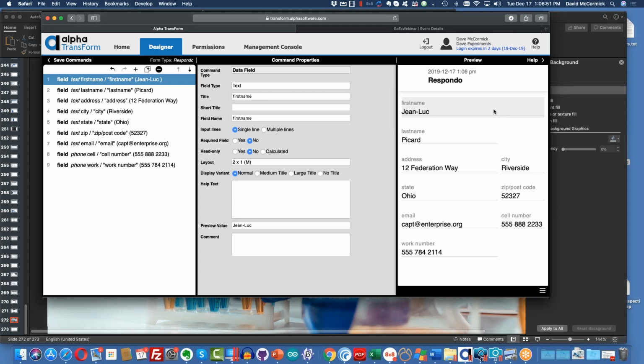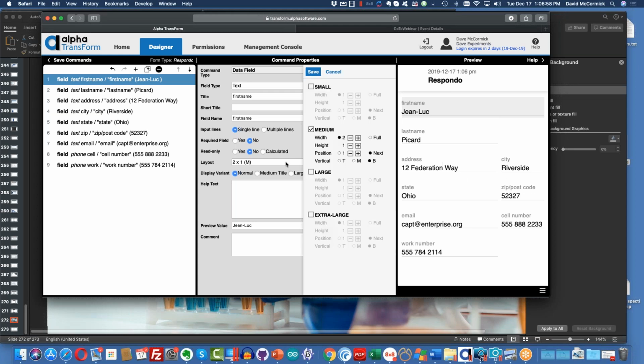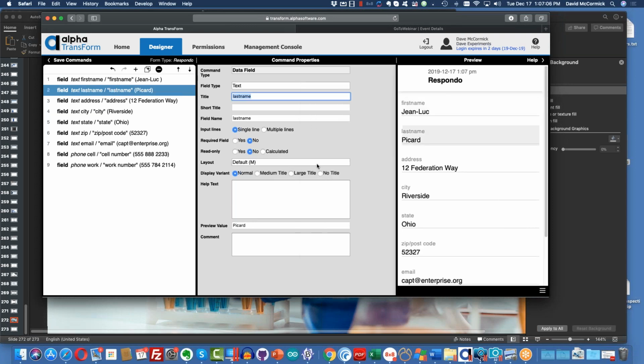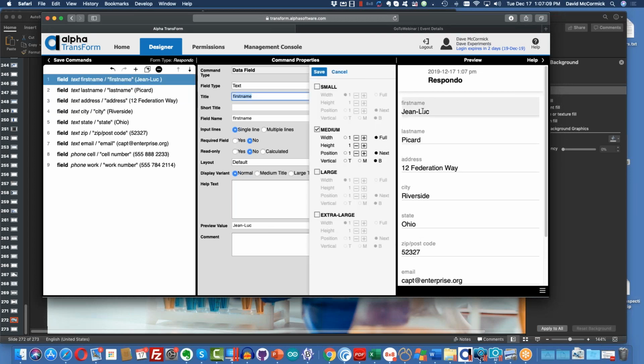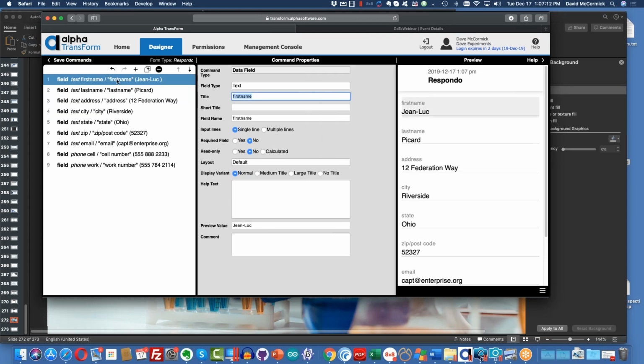Now, if you think that's confusing, it gets even more confusing as you start drilling down and trying to do these fields one by one. So I'm going to tell you, don't do it that way. This is what we're going to do instead. I'm going to save this back to its default, so each one of my fields has a default layout. And I'm going to take my first name and last name